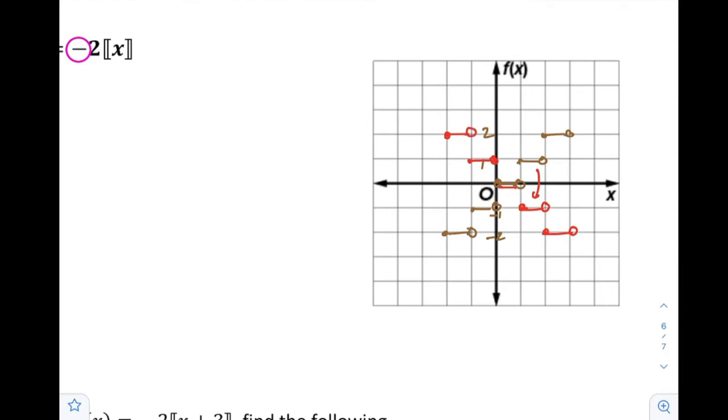Stage number 2, all the y values, as we did in example 1, will be multiplied by 2. So all these red y's will be multiplied by 2, or doubled. The final destination where this was at 2 will be at 4. This was at 1, it will now become 2, multiplied by 2. This stays at 0, and this one was at 2, then it will go at